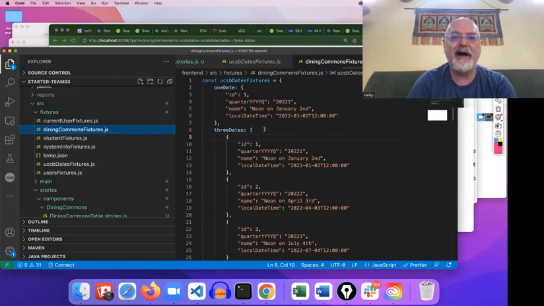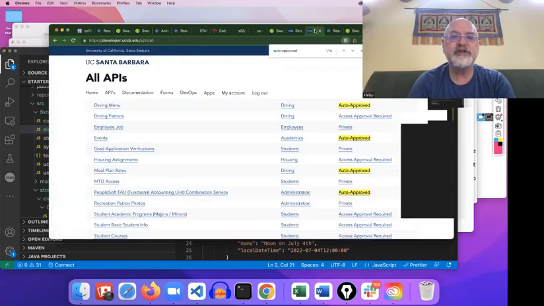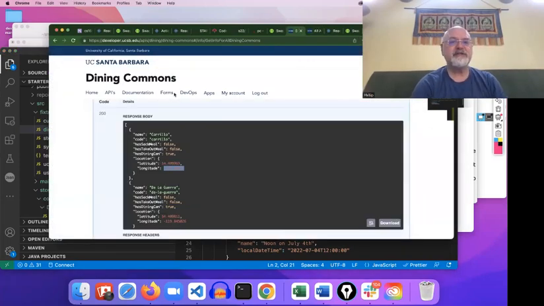Now, what is this file? It's simply a hard-coded list of some example values. So const diningCommonsFixtures equals, and I'll say oneDiningCommons. And what I'll do is I'll put an object here, and for this object, I'm going to go to the UCSB dining commons, and